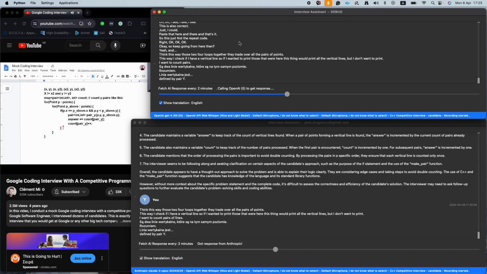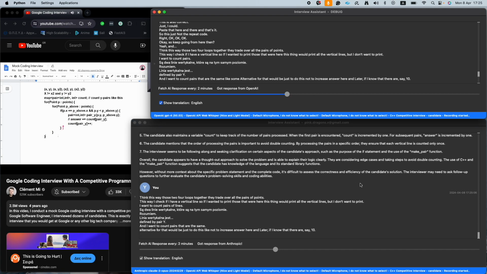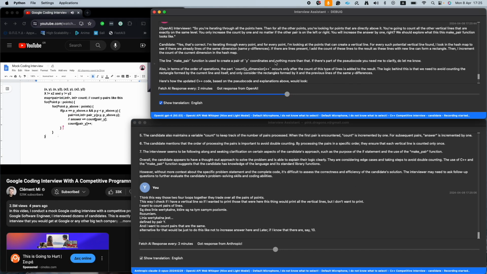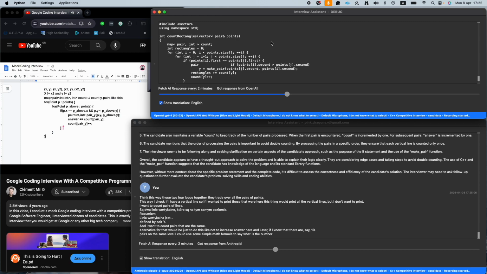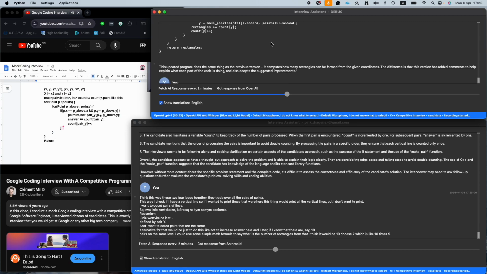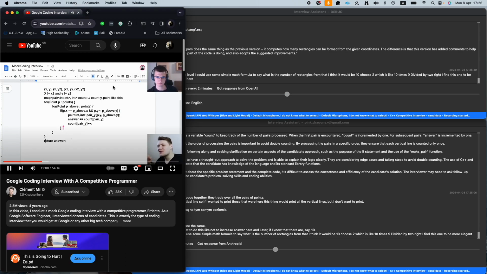An alternative would be just not to increase the answer here. And later, if I know that there are, say, 10 pairs on the same level, I could use some simple math formula to get the number of rectangles from that. I think it would be 10 choose 2, which is 10 times 9 divided by 2. But I find this one to be more elegant, and here return answer. All right, you do have the answer from here. Okay, now I understand what you're doing. At first, for some reason, I thought